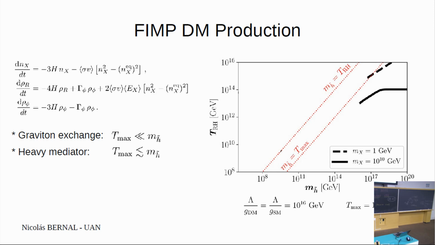One thing that I forgot to tell you guys is that I'm showing you here these plots for two masses. The solid line corresponds to a super heavy dark matter of 10 to the 10 GeV, and the dotted line corresponds to a 1 GeV dark matter particle. You will see that there's only a logarithmic dependence on the dark matter mass. So these two lines will not be the same, but will be kind of similar, even if they are like 10 orders of magnitude of difference.